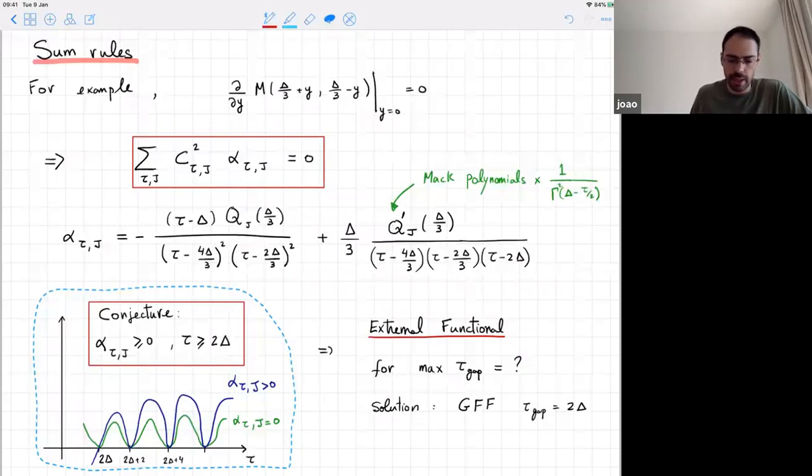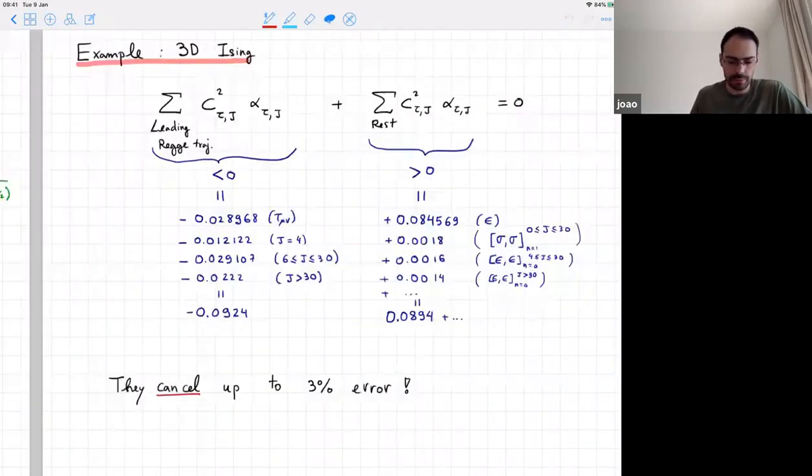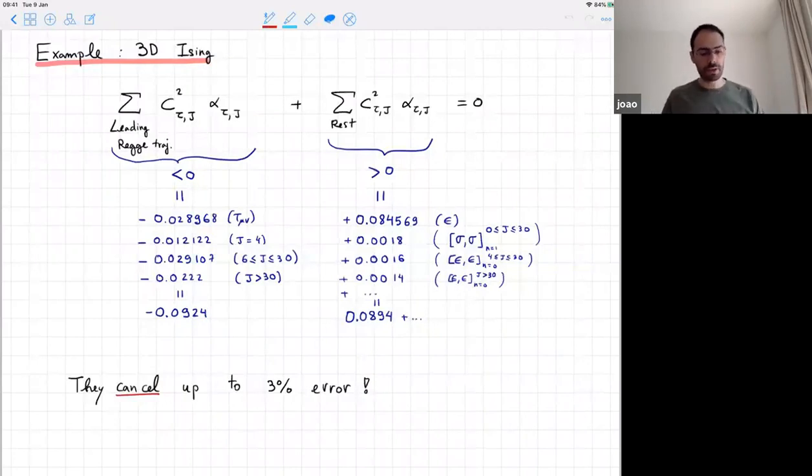Okay, so this is the kind of stuff that we are exploring now. This sum rule, this is just one example. There's lots of sum rules that we can derive from this dispersion relation. And we're trying to use them for this epsilon expansion to see if we can recover it from here. Another thing you can do with these sum rules, okay, sorry, we can test it since we did several assumptions that were not justified. We tested it using the 3D Ising data from Davidson and Sutton,